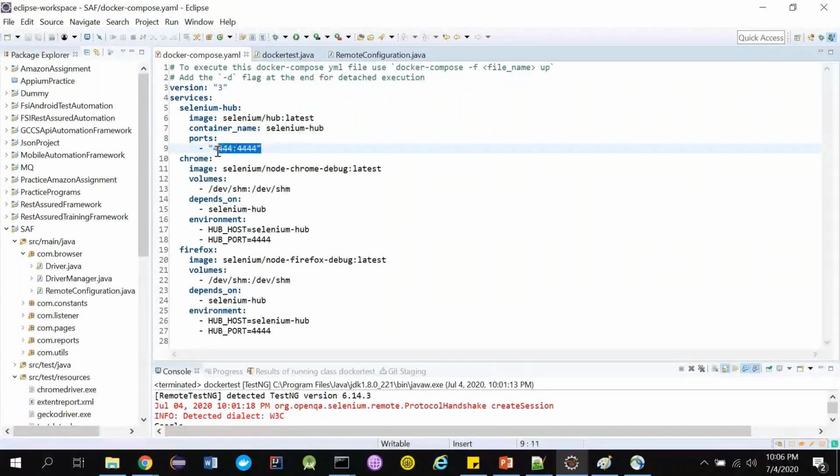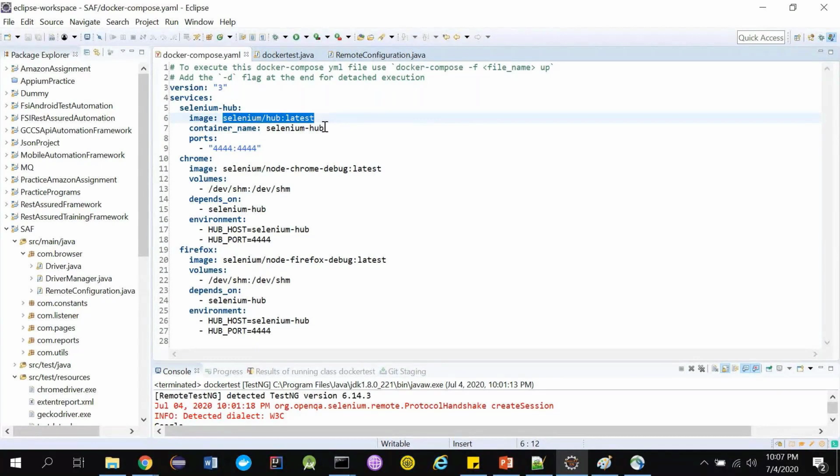There is a reason behind this, guys. I will try to explain. If there are multiple things, then you need to use a hyphen. I cannot have two container names, I can have only one container name. And then I can spin up a container using only one image. I cannot use multiple images to create a container. That's not possible. That's why if only one item can be given here, you can directly give it here.